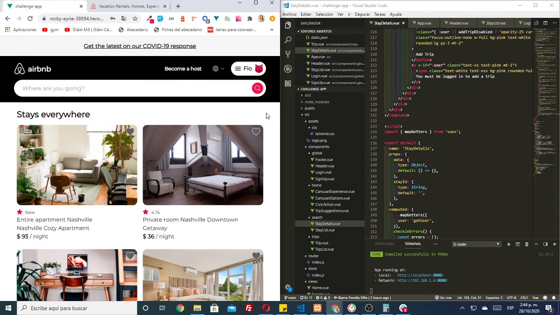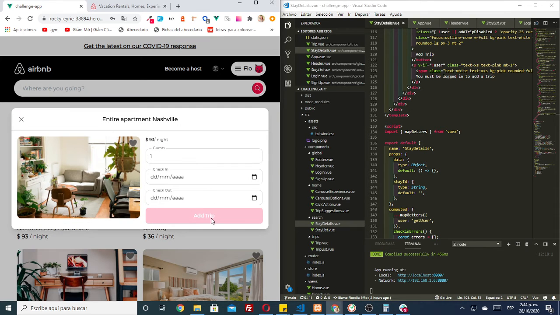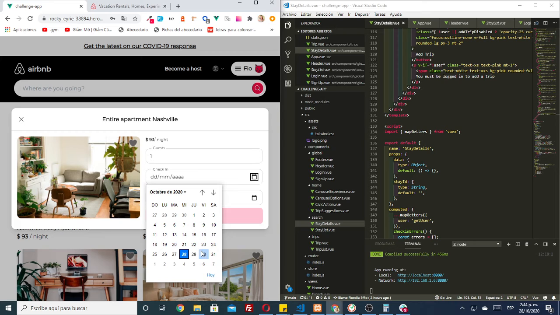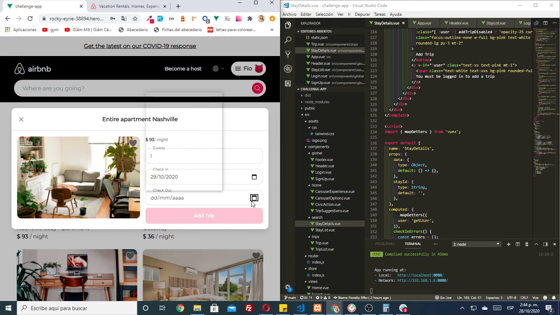Okay, I'm logged in now, and I can add a trip. It will not show you the error because you're logged in, but it won't let you click the button because you're not filling this in a correct way. But if you fill it,